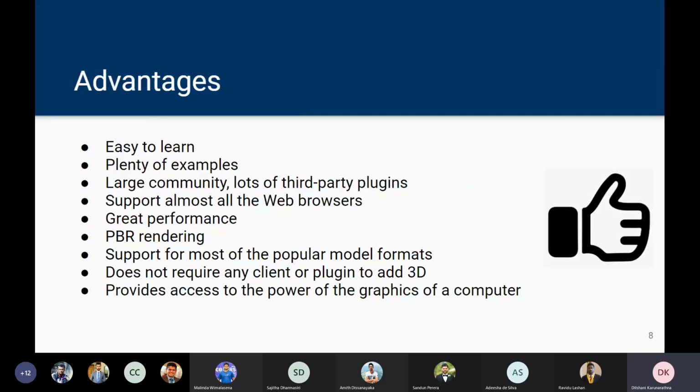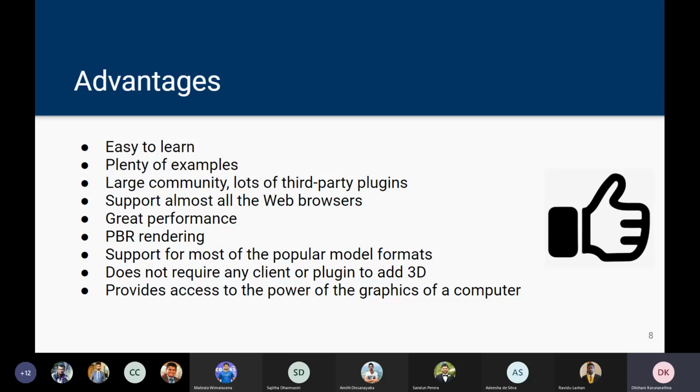When talking about the pros and cons of using this library, first, it is easy to learn, and there are plenty of examples on the Three.js website, and it has a large community and a lot of third-party plugins. Almost all the web browsers support Three.js, and it also automatically updates the content.